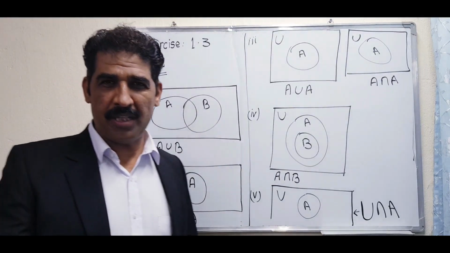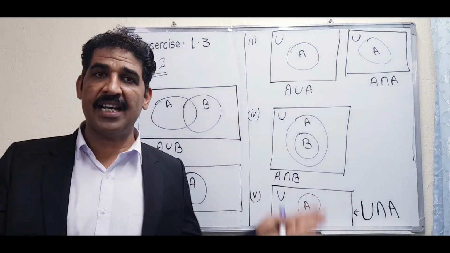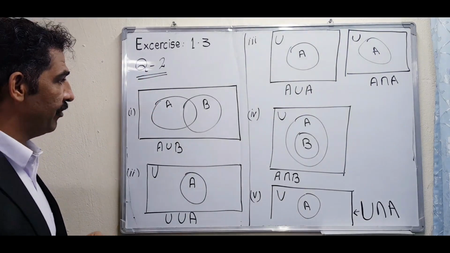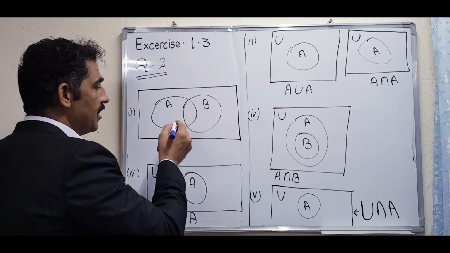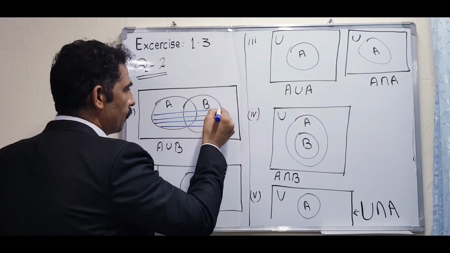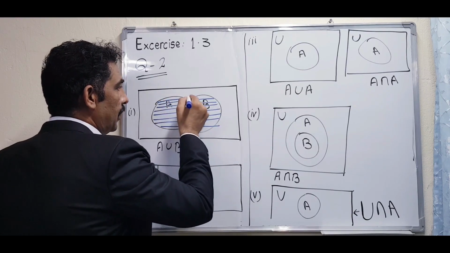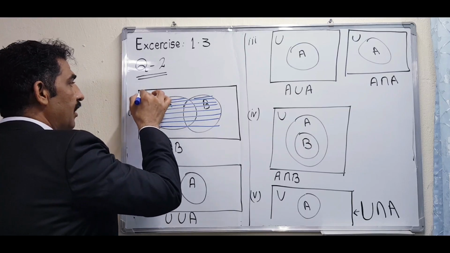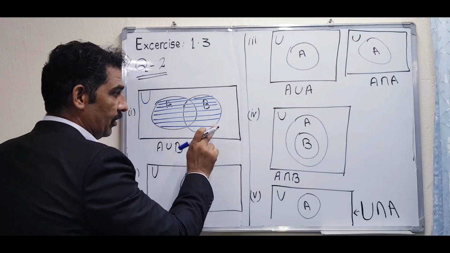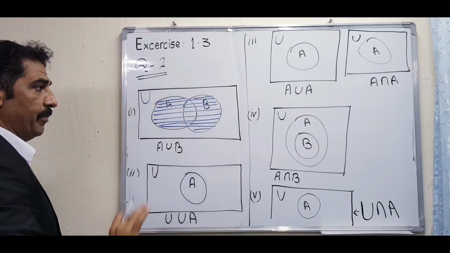So what is the answer of A union B? As I told you before, in union all the elements are covered. So which portion do we have to shade? Here our answer is this complete portion, you have to shade it, from this point to that, but don't go outside A and B, because outside is the portion of the universal set. If any portion goes outside, it's wrong. So you have to shade only the portion inside the circles A and B.